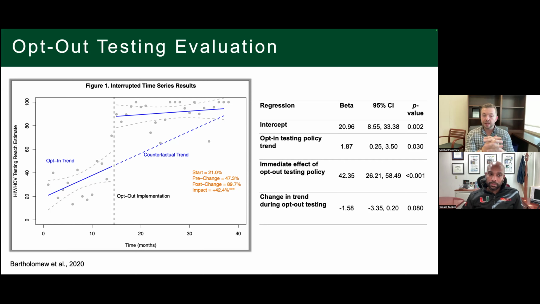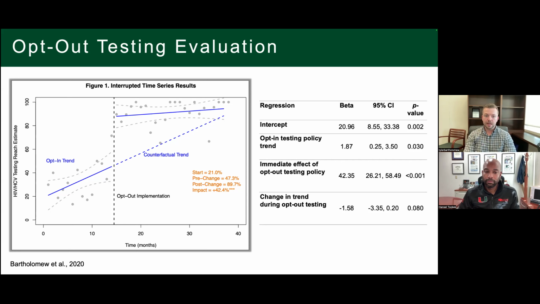This was really telling us that we were gaining trust in our community, we were responding to needs. And so that line really represents the program's integration into the community and the receptiveness of the program among our clients. Then you can see this disconnect in the line, and we see a 42% jump in testing uptake immediately after we implemented opt-out testing. So you see that big gap in the middle of our graph here, that dotted line down the middle. And so that jumped all the way up to about 89% testing uptake after we implemented opt-out